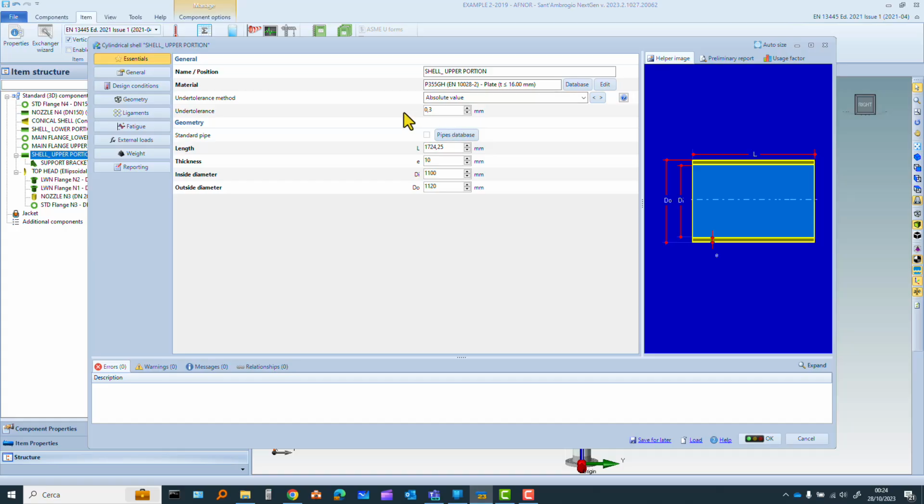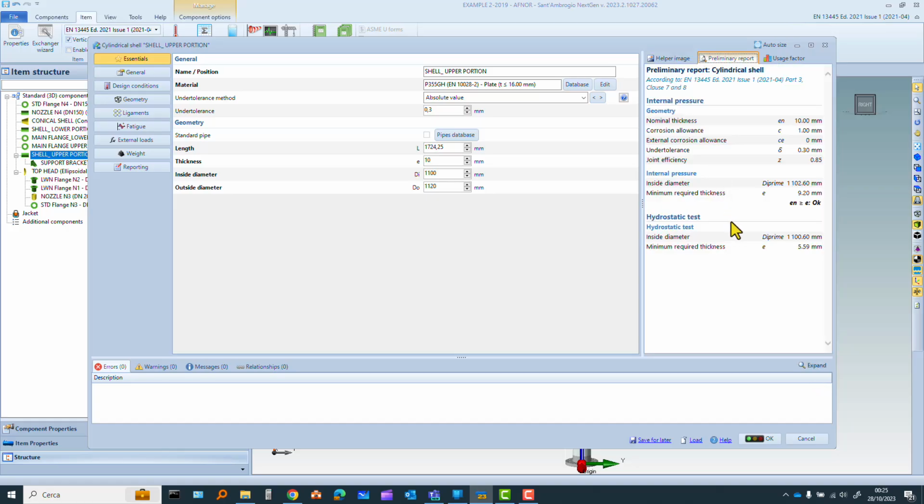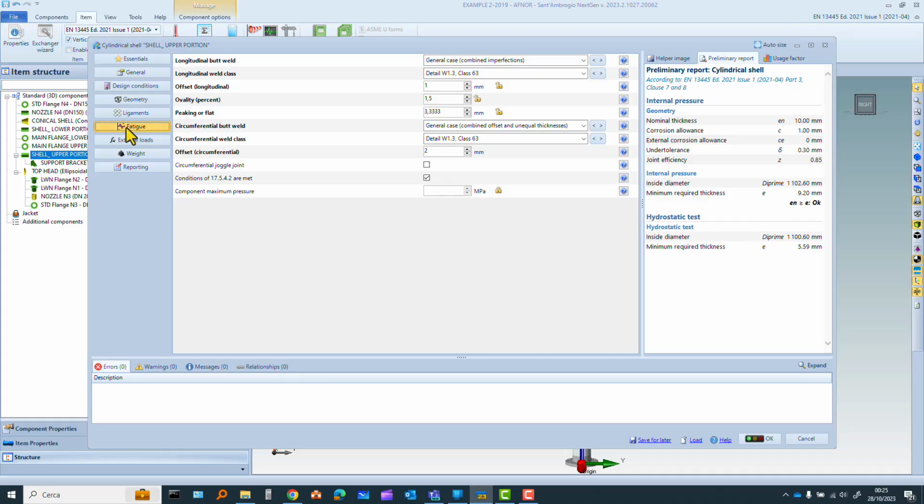The under tolerance method is absolute value is 0.3 millimeter, which is the normal tolerance for this kind of material. This is the length, this is the thickness, 10 millimeter, this is the diameter. Well, of course, we must give a look to the preliminary report. The preliminary report tells us that the minimum thickness for the internal pressure is 9.2 millimeter, so 10 is the correct thickness. For fatigue, we have to see